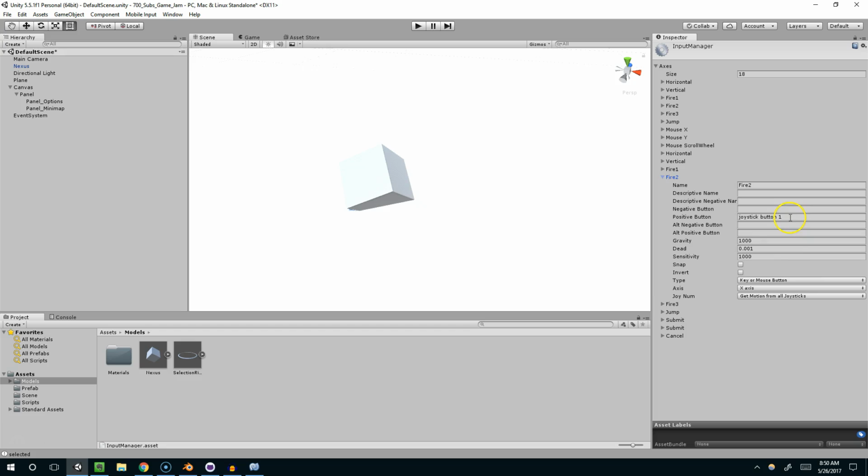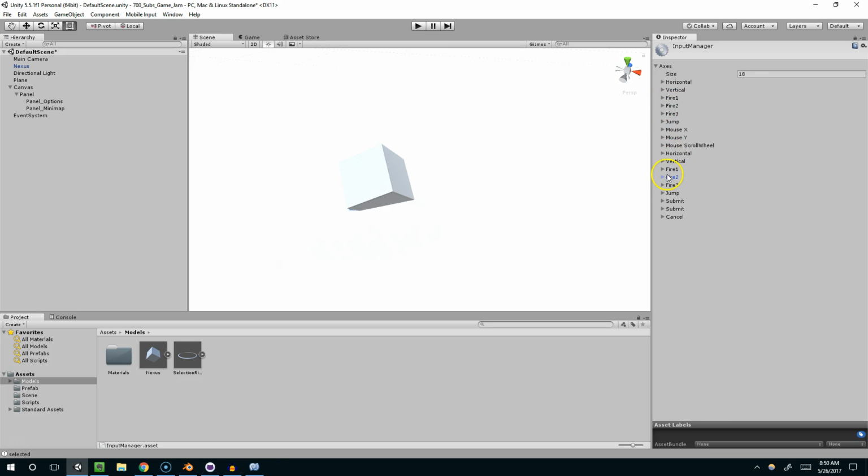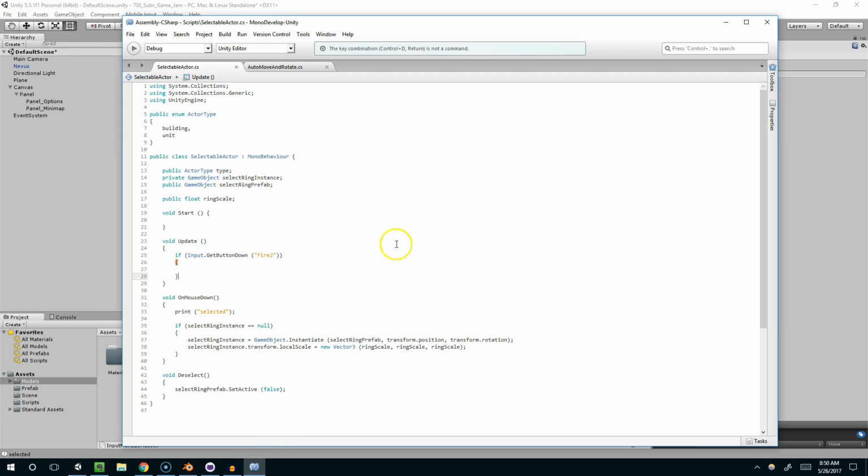Fire 2 corresponds to, I thought it would be more apparent by clicking on this. Oh, maybe it's up here. Fire 2 corresponds to mouse 1. So left click is mouse 0, right click is mouse 1, and if you click the mouse wheel, that's mouse 3. So we're going to use this Fire 2 virtual button, and when that happens, we're just going to deselect this guy. So we're going to call the deselect method,